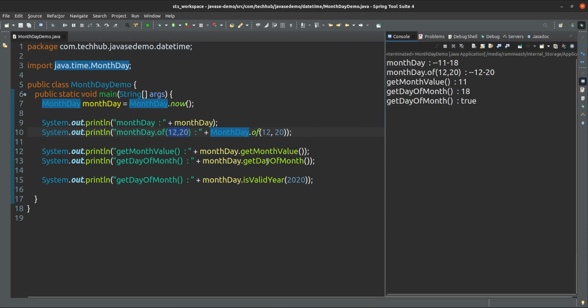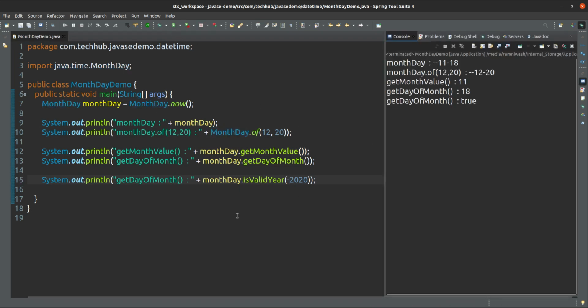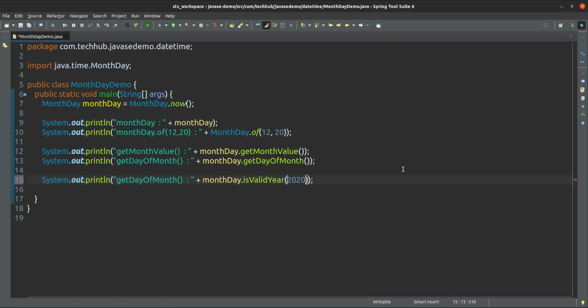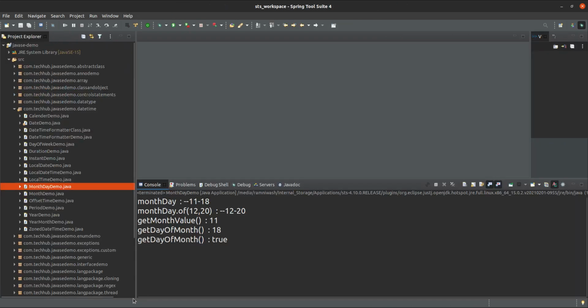You can get month value, get day value. Is a valid year? Yeah, this is a valid year. If it is negative, then I think it will not be valid. Okay, fine, that is valid, because min and max we have already seen. Minus 999 something to plus 999 something will be there. If it is other than that, it will not be considered. Okay, so this is all about the month and day.